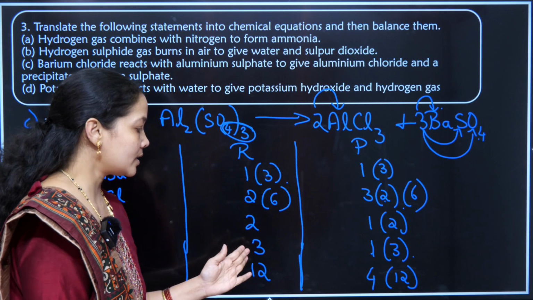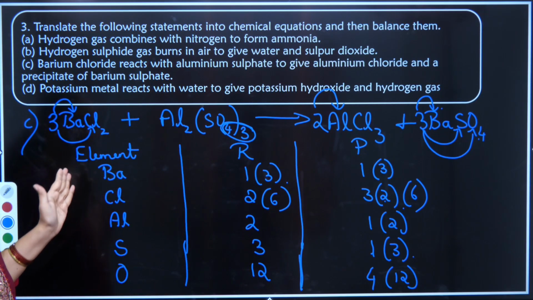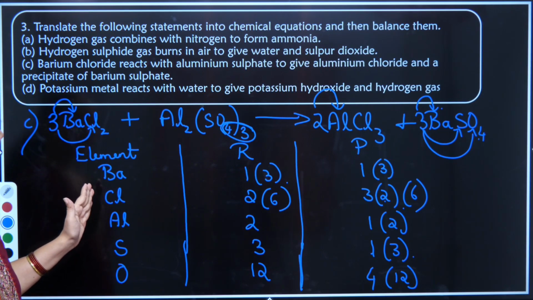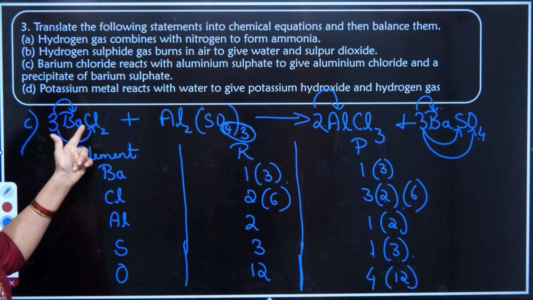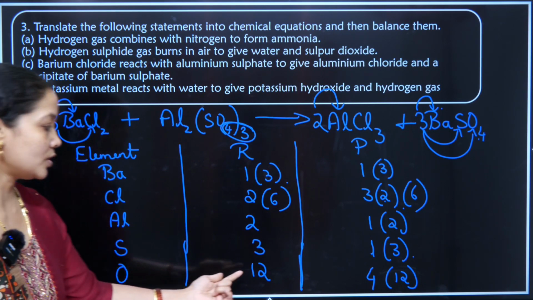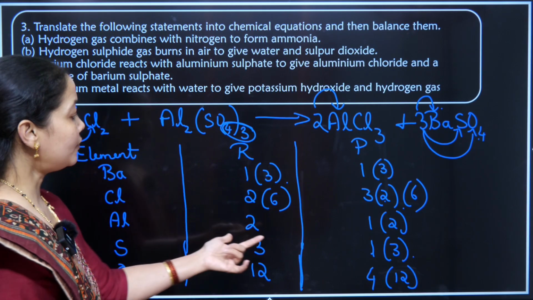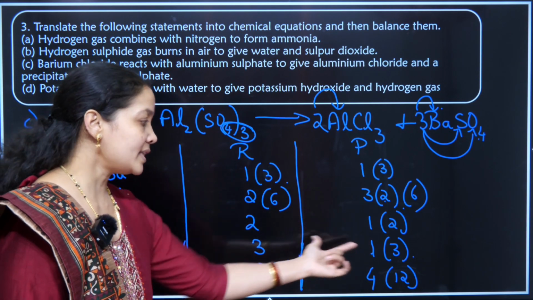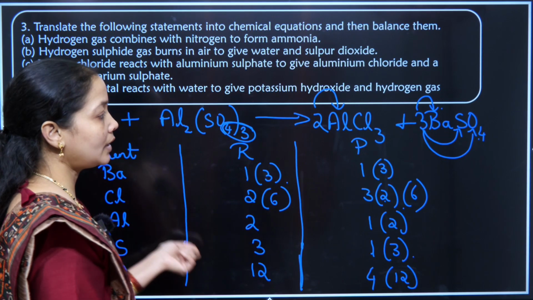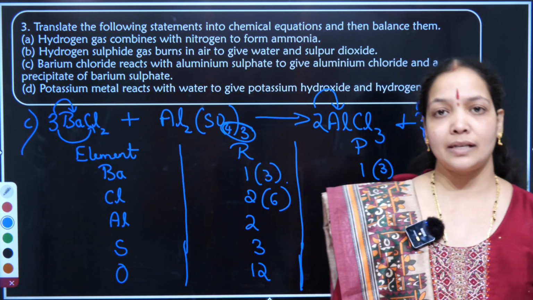So in this reaction there were 3 gases present: chlorine, sulfur, oxygen. When I looked at chlorine here, chlorine was already an even number, so I just left it. When I looked at oxygen, oxygen was 12, an even number, I left it. When I looked at sulfur, sulfur was 3 and 1, so it was easy for me to strike with sulfur. And hence I chose sulfur as the key aspect of balancing and started with sulfur.